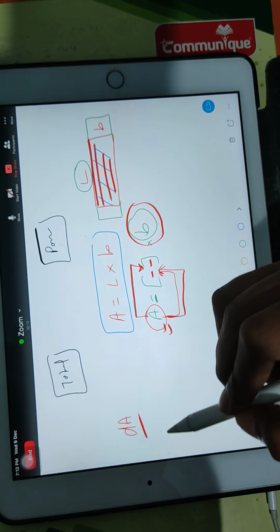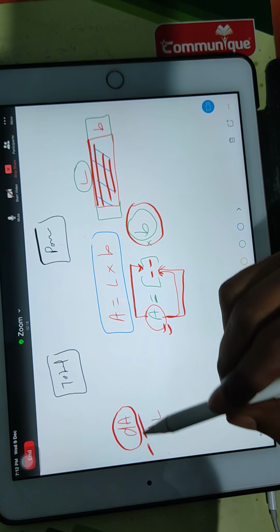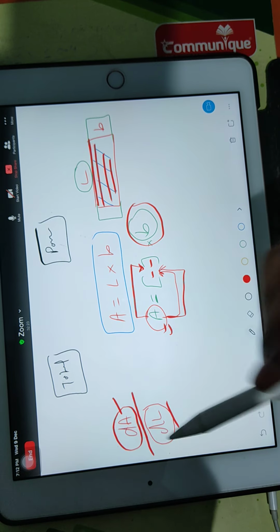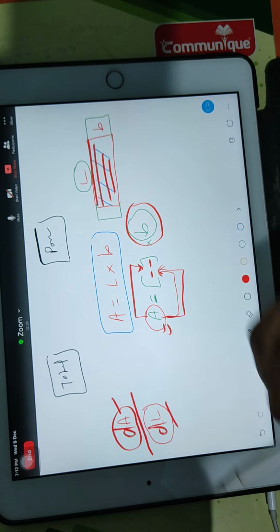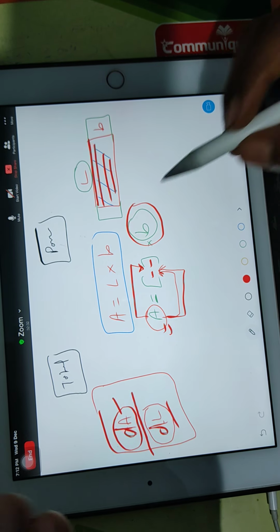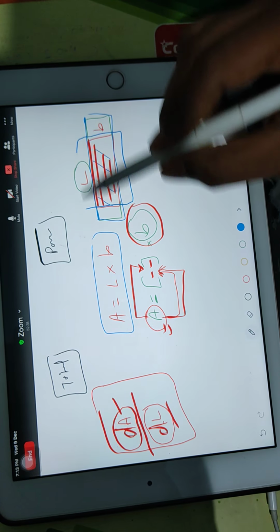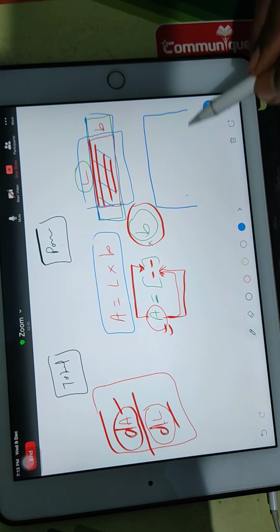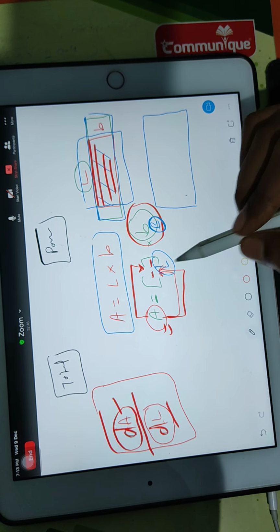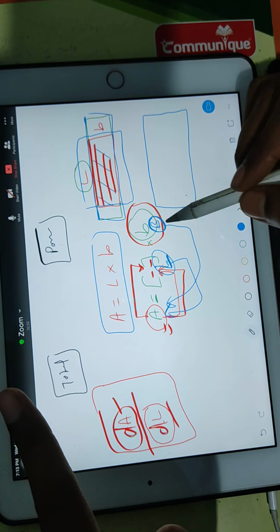So dA by dL will give you the physical feel of the rate of change of area with respect to the rate of change of length. When we change length, area changes. So right now we will be using capital D, and this is known as total differentiation. But suppose you are changing your length, and at the same time you are changing your width also, meaning your new rectangle will be like this. It means now your length and breadth both are responsible for changing the area. In the previous example, only length was responsible. Now length and breadth both are responsible.